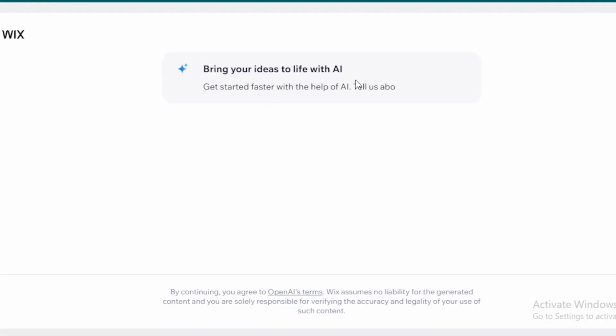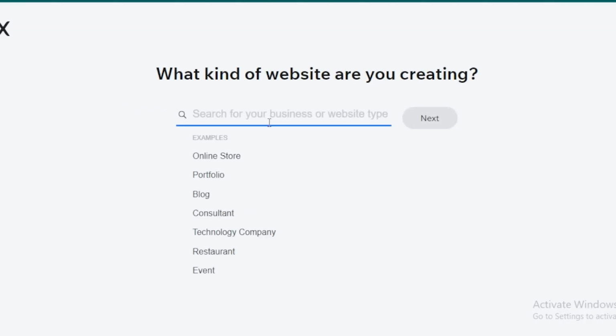Once you do that, Wix gives you an option to build your site using AI or without AI. We're going to set this up without AI, but if you choose to do it with the AI, it starts up a chat where you have to put in prompts and tell the AI, being as descriptive as possible, and you give the AI the commands to see how it can set it up. So we're going to click on setup without AI, and once the website builder loads, it asks you what kind